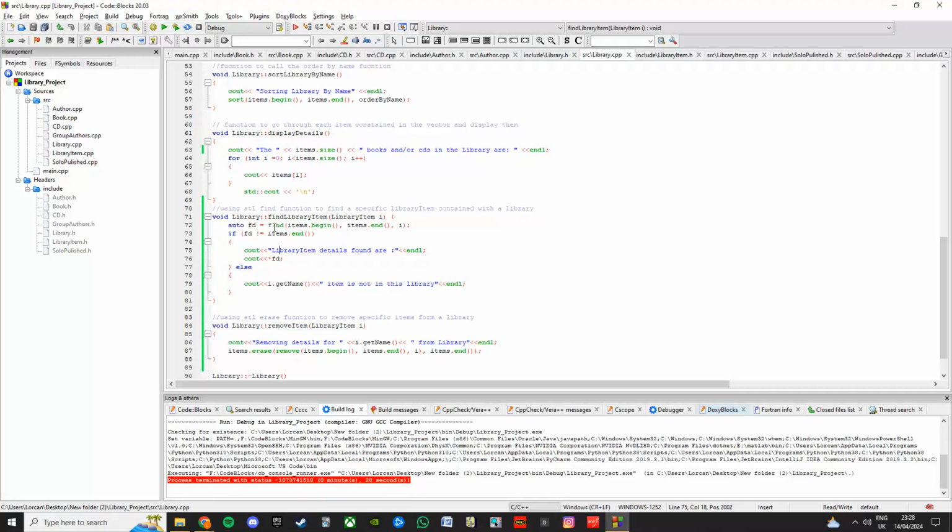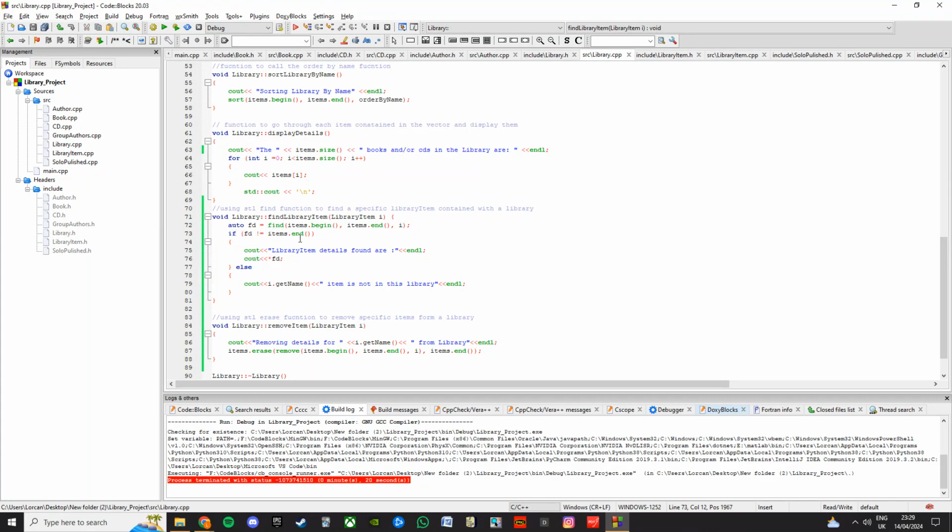So I said FD is equal to find items, find the vector, so the start and the end, and then I just had I. So if FD is not equal to IM's end, it will, so actually sorry, we input say A is stored in I, and then we say find within the vector the start to finish I, and if